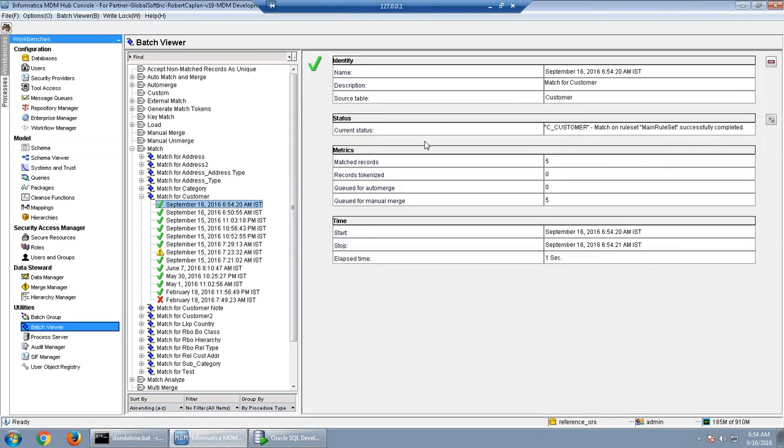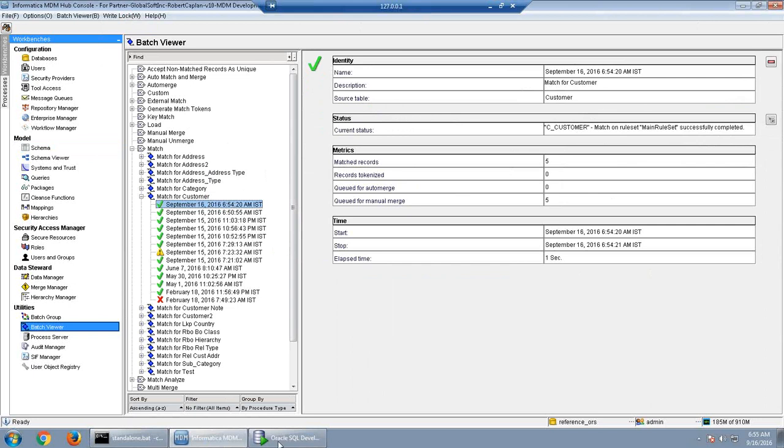Yeah, so now it is coming. It is showing 5 records getting matched. Last time we ran, it was not giving us correct data. Sometimes it might happen to you because we are resetting every time. Because of some cache issue, it might not pick up the new match rule that we have created. In that case, you can go to the repository manager and validate the ORS, like you might have done when you did the second lab. So similarly, just go and validate it so that it picks up the cache.